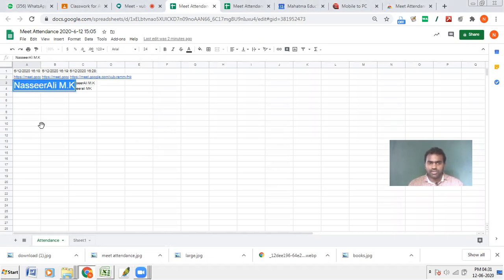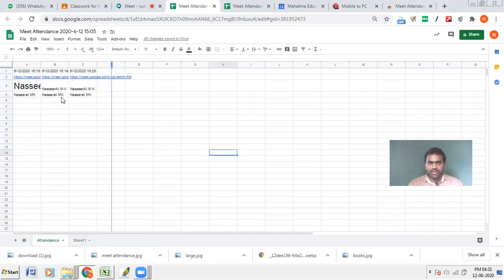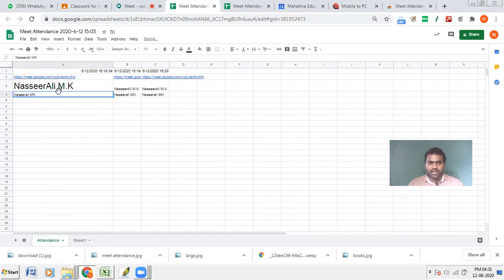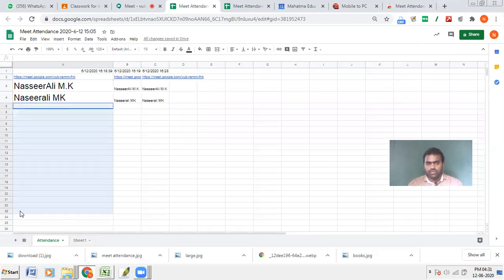As a student, I have used my other Gmail ID where my name is displayed like this. So the difference is that. First your name will be marked in the attendance register, and your students will be marked here. If you have 10-15 students like this, their names will be coming here.